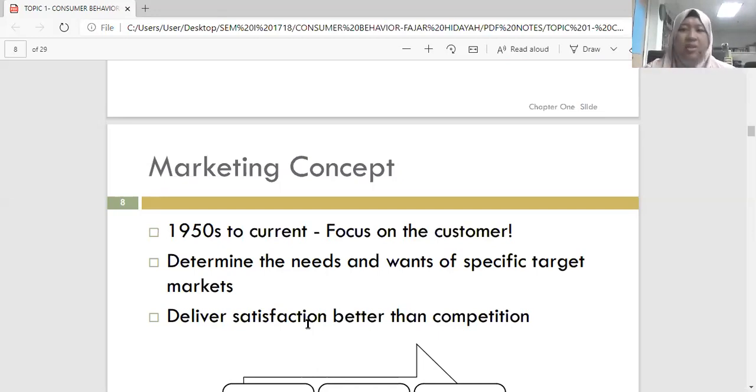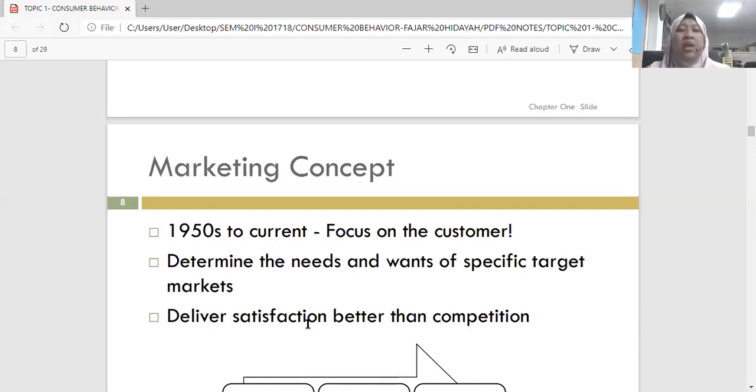Dear students, after this I will teach you what the STP acronym is. S is for segmentation, T is targeting, P is positioning. So you have to save S in your mind by today, meaning to say you have to remember. I repeat again: S segmentation, T targeting, P positioning.